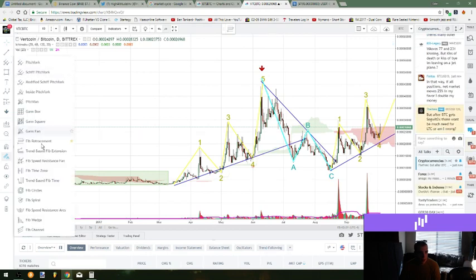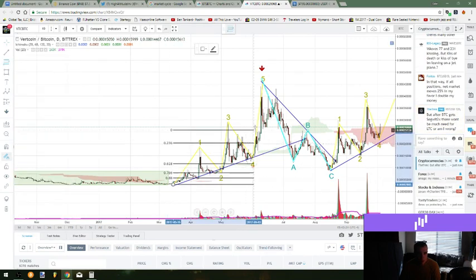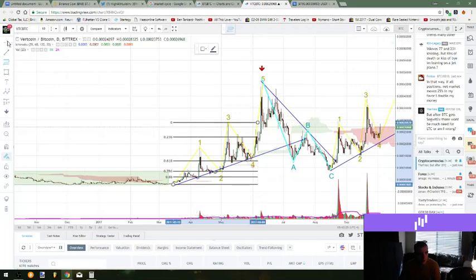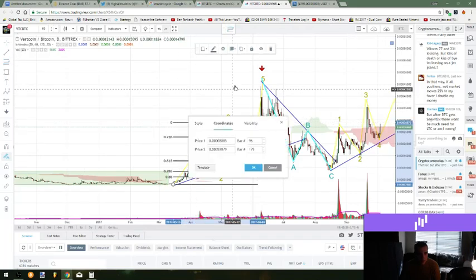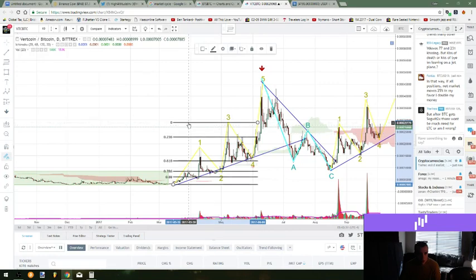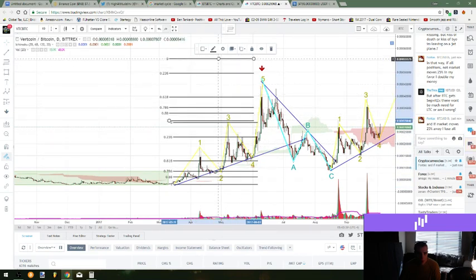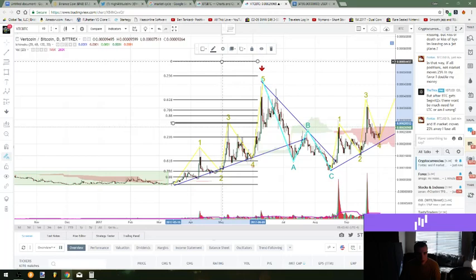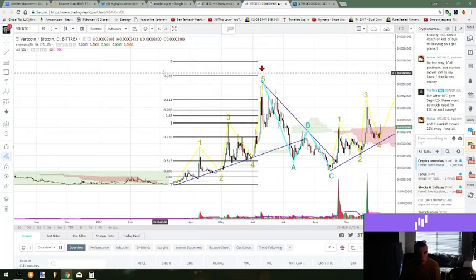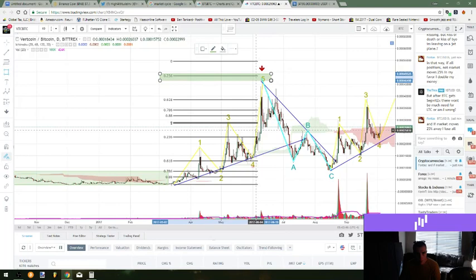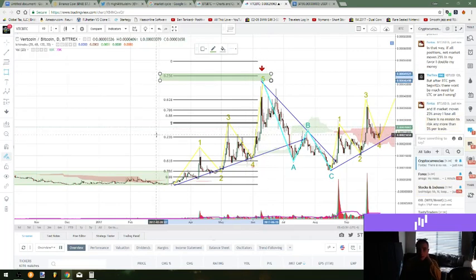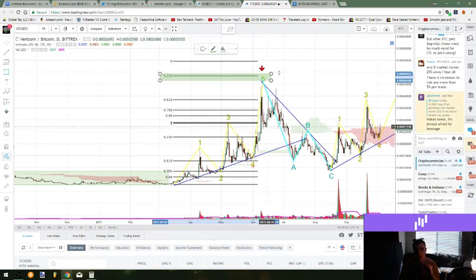And this is why I do double stack my Fibonacci, because if you go from the low to the high here, and then you take this and you clone your Fibonacci. So if you go from the 1 and then the 2 and the 3, so if you capture the first little wave sets and then you stack your Fibonacci, you can see that the 236 is always where this chart comes up and then rejects out of that high. So that's how I calculate those targets. That's why I use the stacked fibs with the Elliott waves, is because you can use the 236 as a projected target,